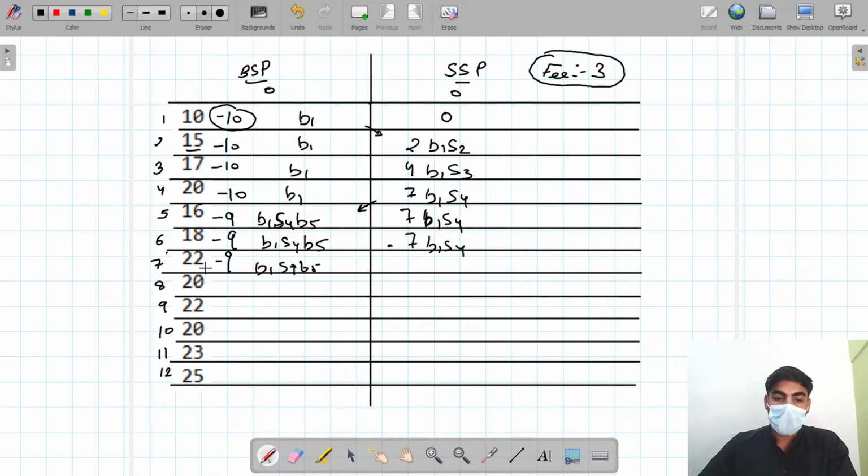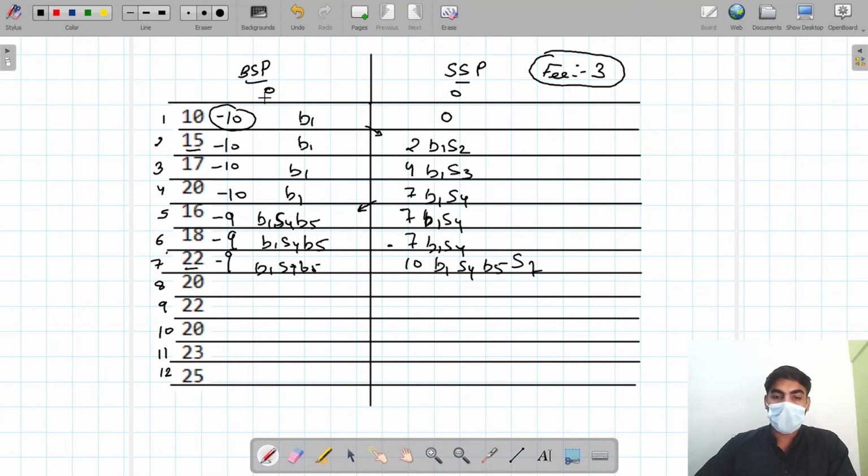Okay. Now come to that point. Today selling is mandatory. So if we sell today, we get 13 rupee profit, because 22 minus 9 gives us 13, and 13 minus 3, because we have to pay a fee after completing one transaction, we get 10 rupee. So which one is greater, 10 rupee profit or 7 rupee? We have to find the maximum. So 10 is maximum. So you can see buy at first, sell at fourth, buy at fifth, and we are selling at seventh. So this is for the 7th day.